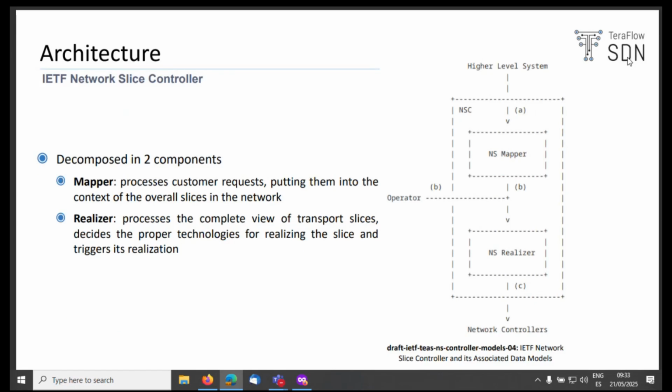Going into more detail, this component is decomposed into modules, the mapper and the realizer. Basically, the mapper, this first component, puts context into the network slice controller of the whole network. When the request comes, the NSC obviously does not have context of the topology of the network, and it has to ask another external component, such as planner components that have more context of the network, to provide a specific path for the network, and so this mapper component